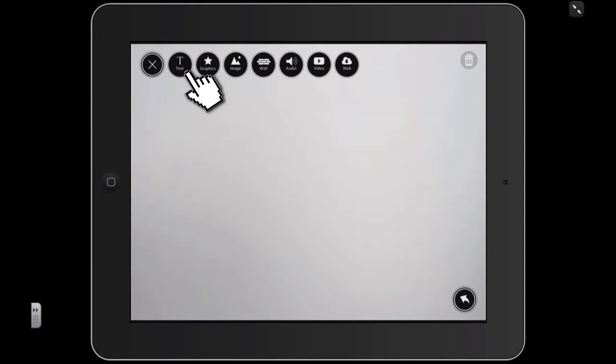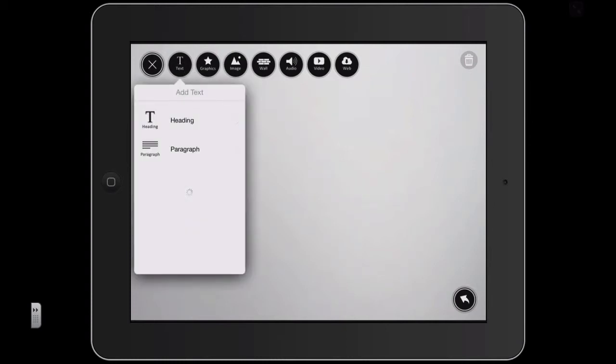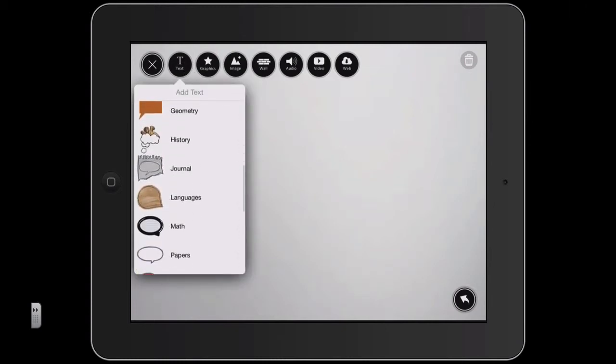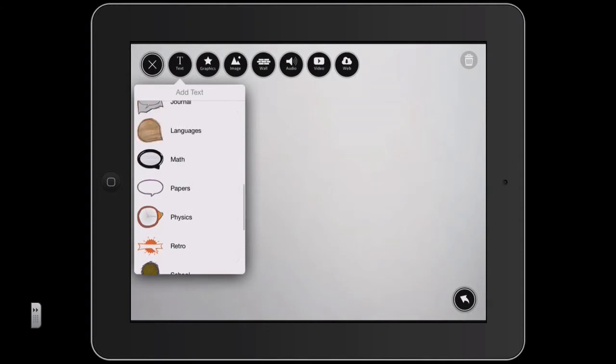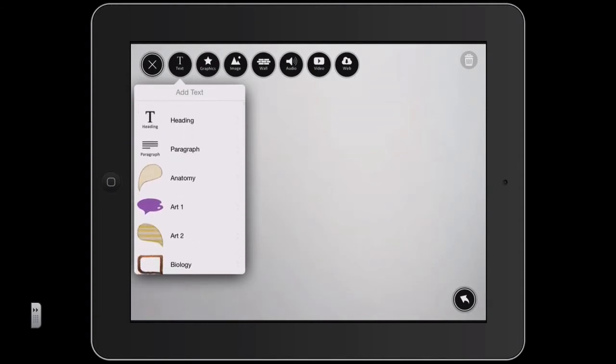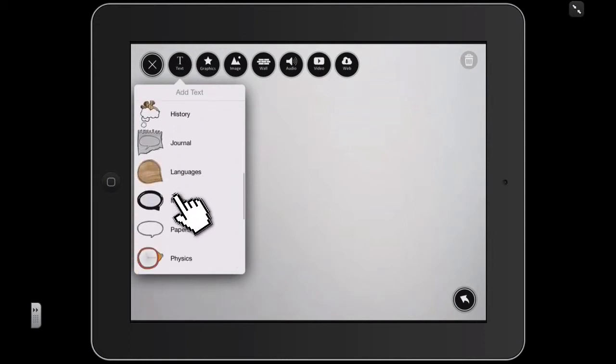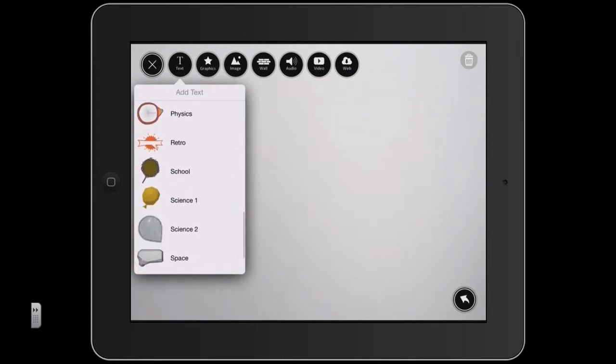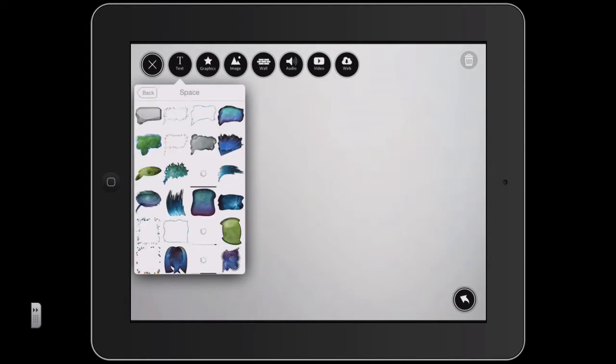So the first one we have here is text. And the text one, if I type it, I get all these different choices in text that I could add. So I could do just normal heading at the top. I could do paragraph on my next option here, or any of these underneath here. They're all like little blurbs, like little inserts that you can put in there. So if I go to like space and let's say like this one,